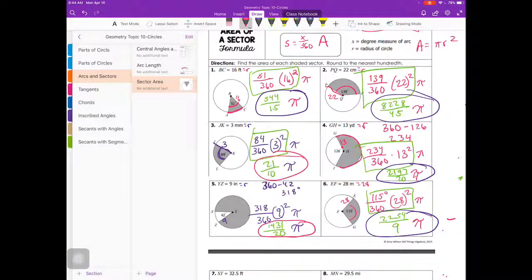So once you know how to do an arc length, sector area is not much different. You do need to make sure you know the radius, so if for some reason they give you the diameter, you're going to have to divide it by 2. But overall, not